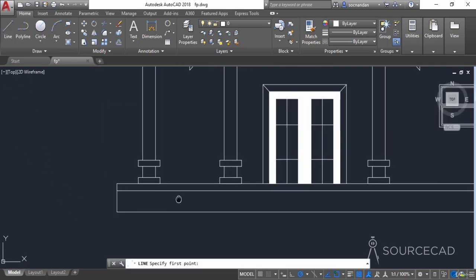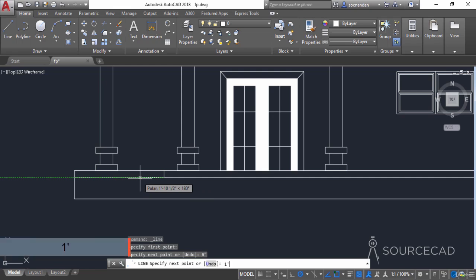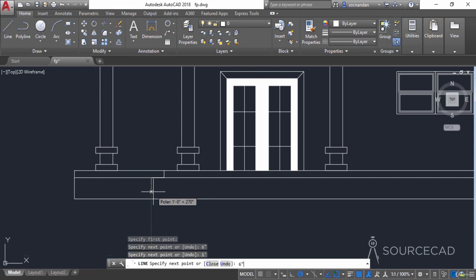Okay, and let's start from this point somewhere over here. So I'll take the reference of that point. All right, and now after an approximate distance of 1 foot, I'll just click downwards, and let's enter 6 inches and then click here, and then again 1 foot and downwards 6 inches, and then here 1 foot